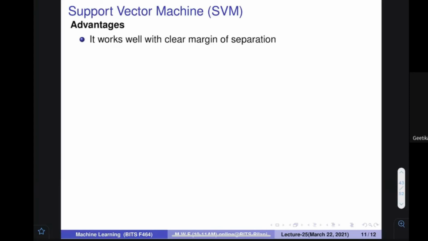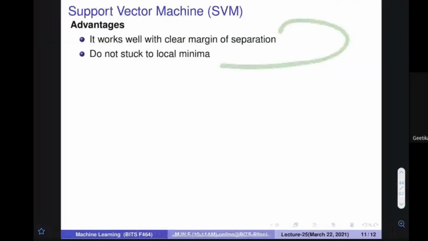Let us conclude our talk by discussing some advantages and disadvantages of the support vector machine. It works well with a clear margin of separation, but if they are not there, you can transform the data in some way so that you can do it. However, the problem with the SVM is that it takes a very long time to find the right parameters, and this is one of the biggest problems. Another thing is that whenever I say I can transform the problem into the right dimensional space, finding the right transformation may also not be that easy.